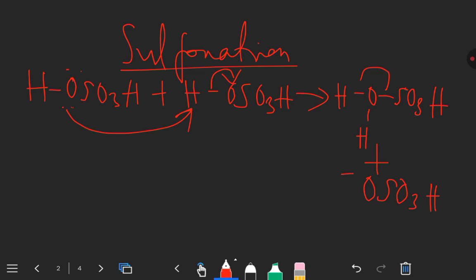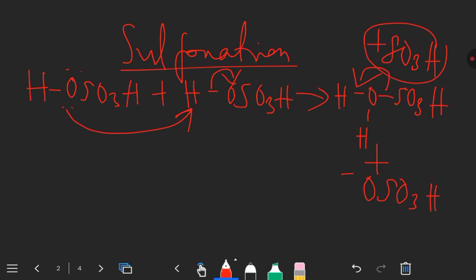Then that water, since it's a good leaving group, it will leave, leaving behind this SO3, because the oxygen has carried with it the electrons. SO3 will remain positive, so we're going to have that SO3H, which is positive. So this is the electrophile we need when we are doing